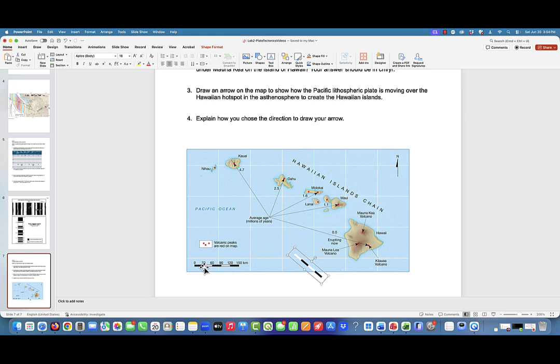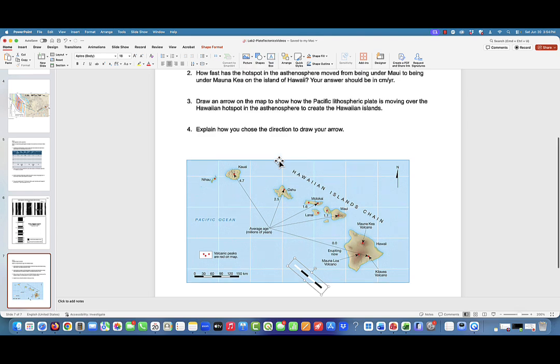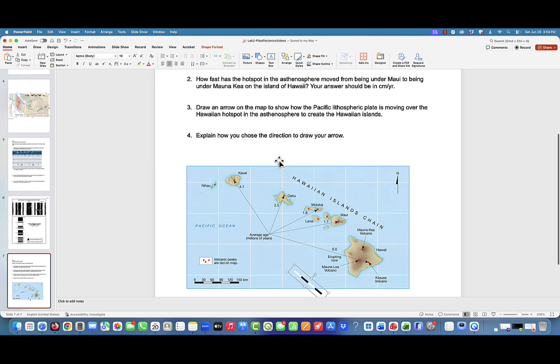Each one of these, every time it turns from white to black, it's 30 more kilometers. So this is 30, 60, 90, 120 kilometers. You may have to use it more than once. Remember, you're going to want to have distance in centimeters. So you'll add 5 zeros to whatever your distance in kilometers is. And then for number of years, this is 1.1 million. So we would write that out as